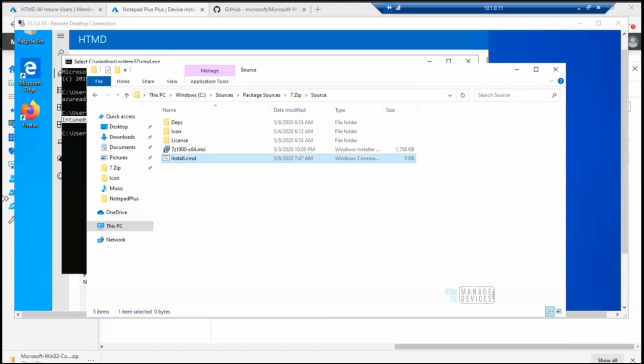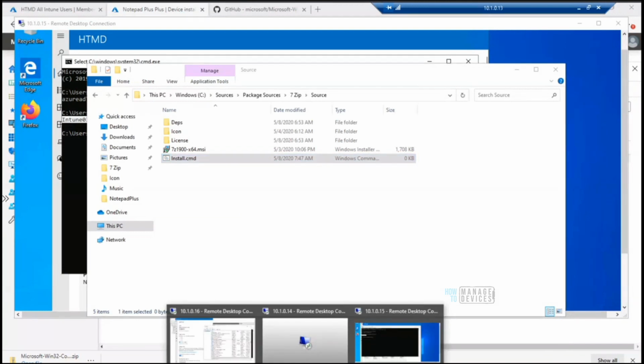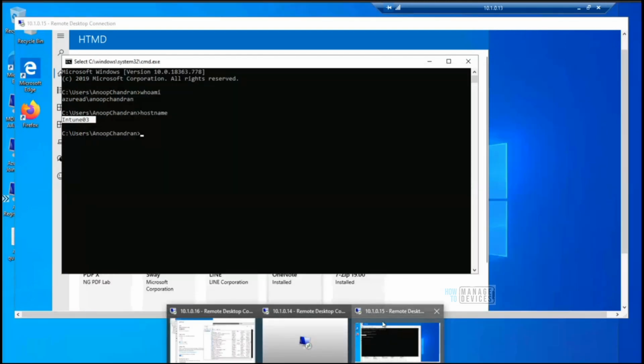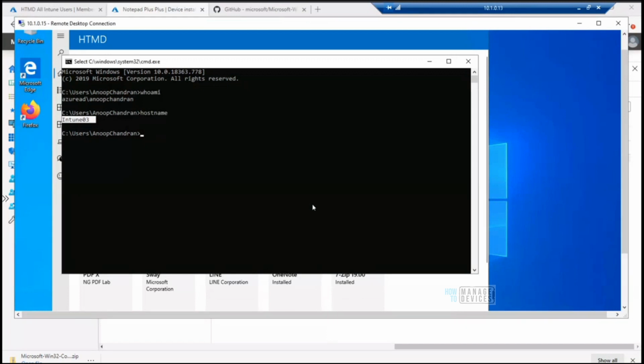Maybe a repeated question: for multiple MSIs, does Intune support doing this wrapping? I have not tried it, so I cannot say for sure, but it should be possible. It's just a wrapping, and at the client end it will install as per your requirements through the install.bat file.